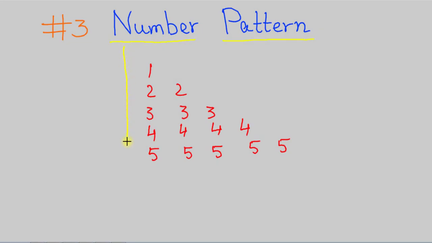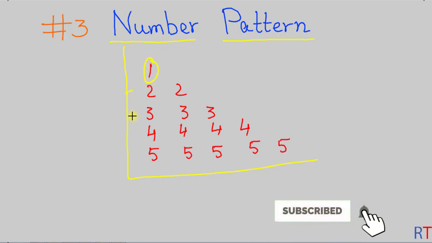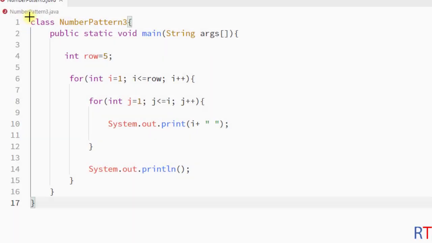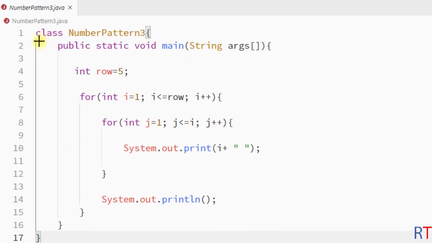So in this example program, we're going to see how we can print this repeating number pattern, where the number starts its count from 1 and in every row the number is repeating itself, and this way it's creating this triangular shaped number pattern. So in this example program, we have one class called NumberPattern, and inside the main method